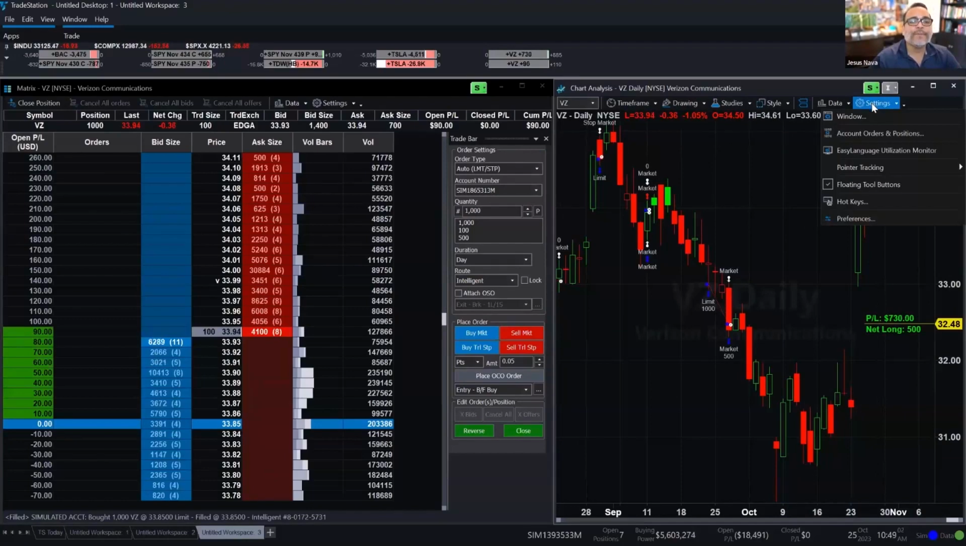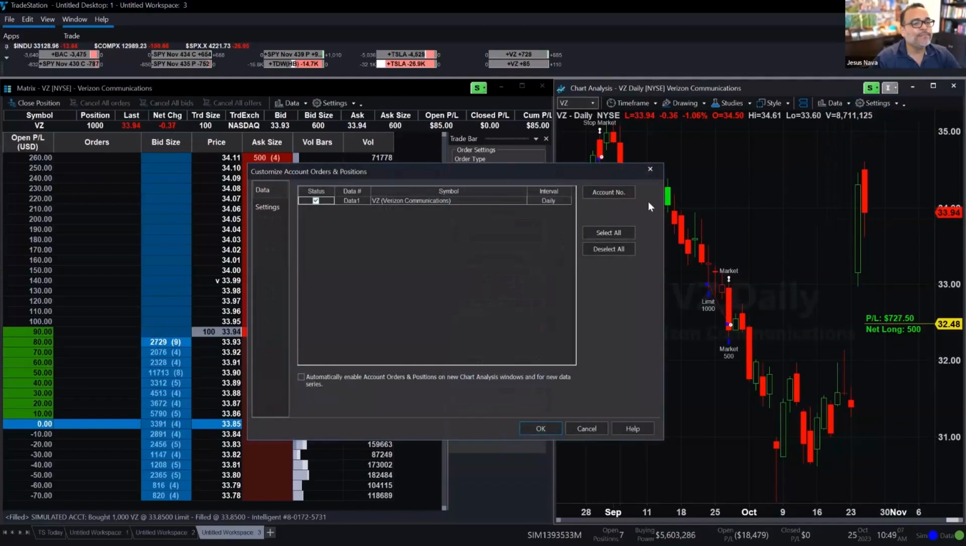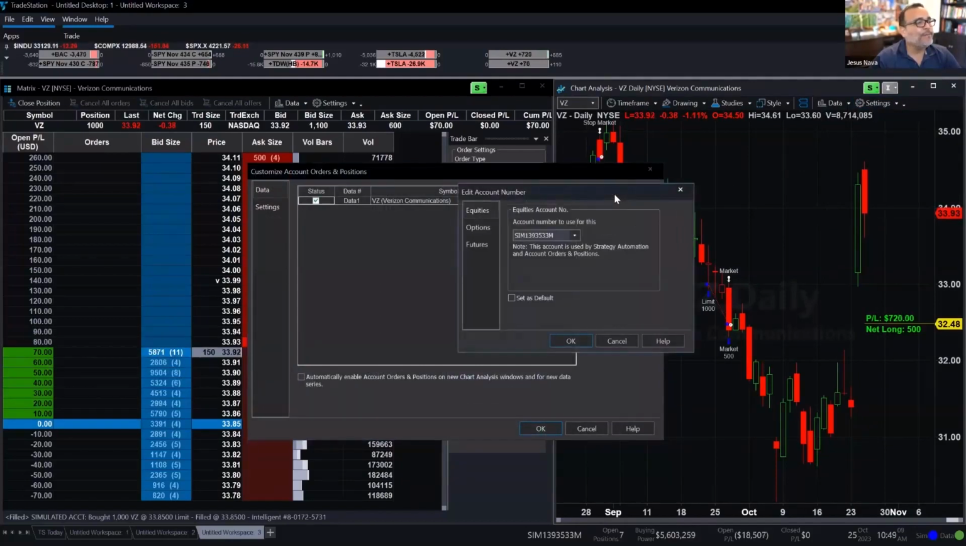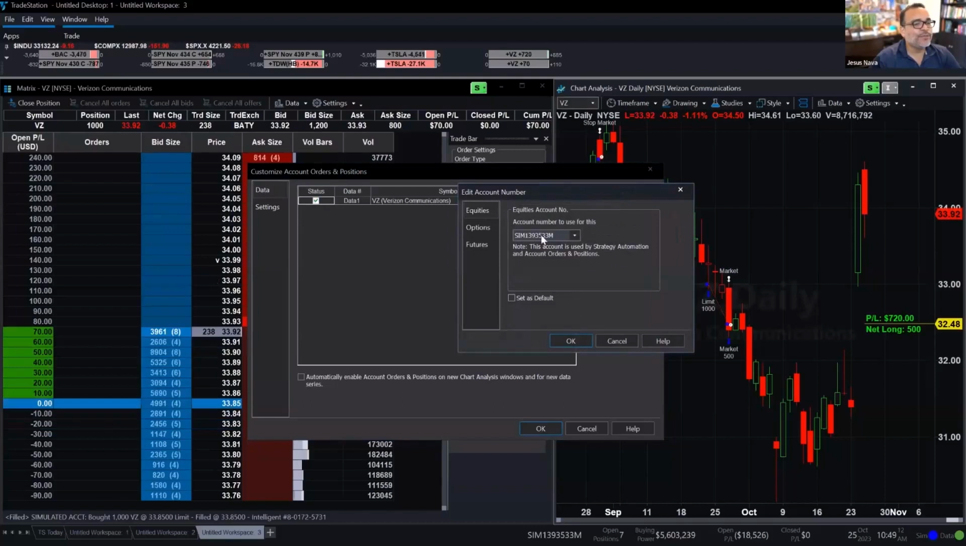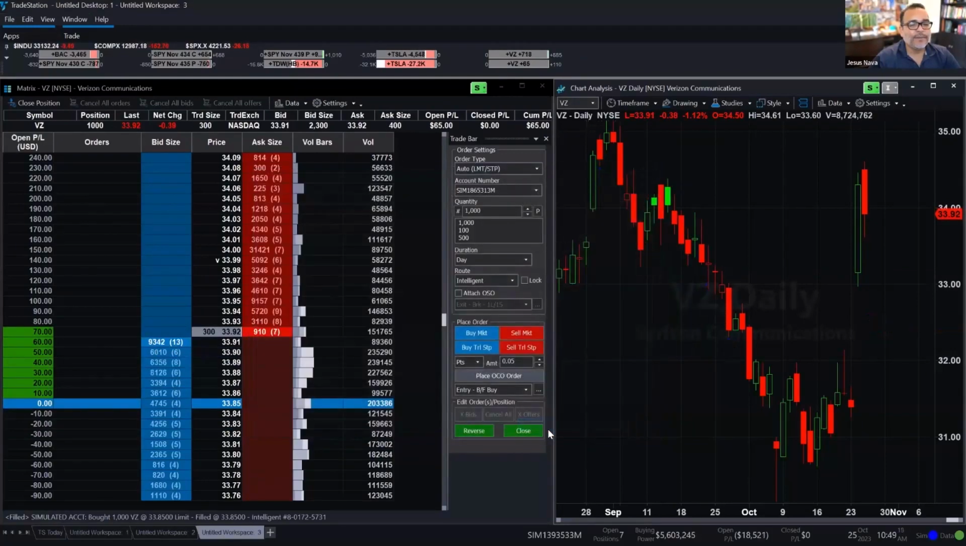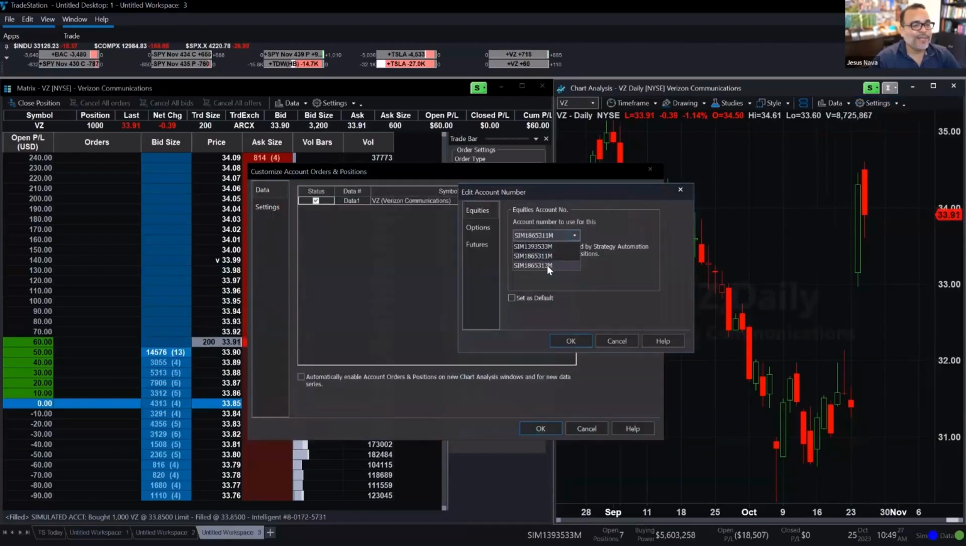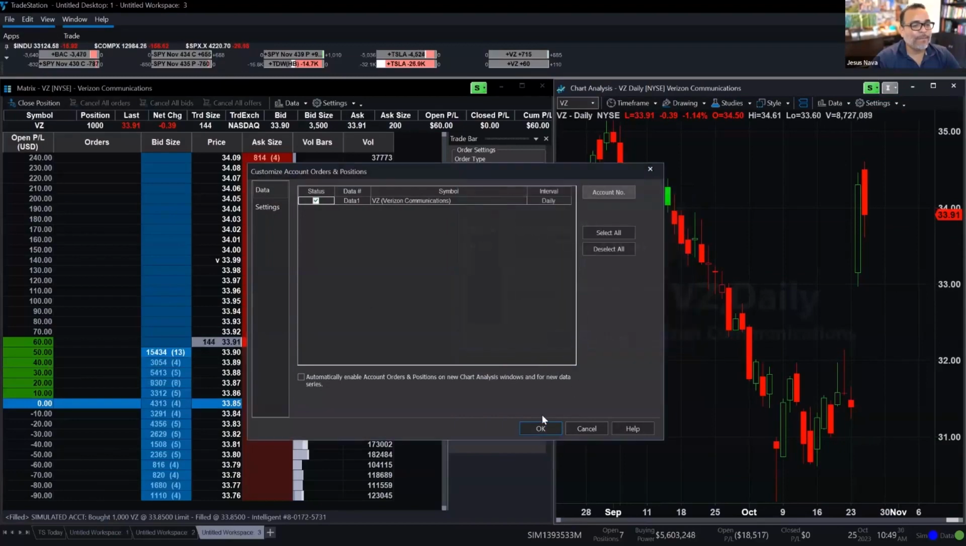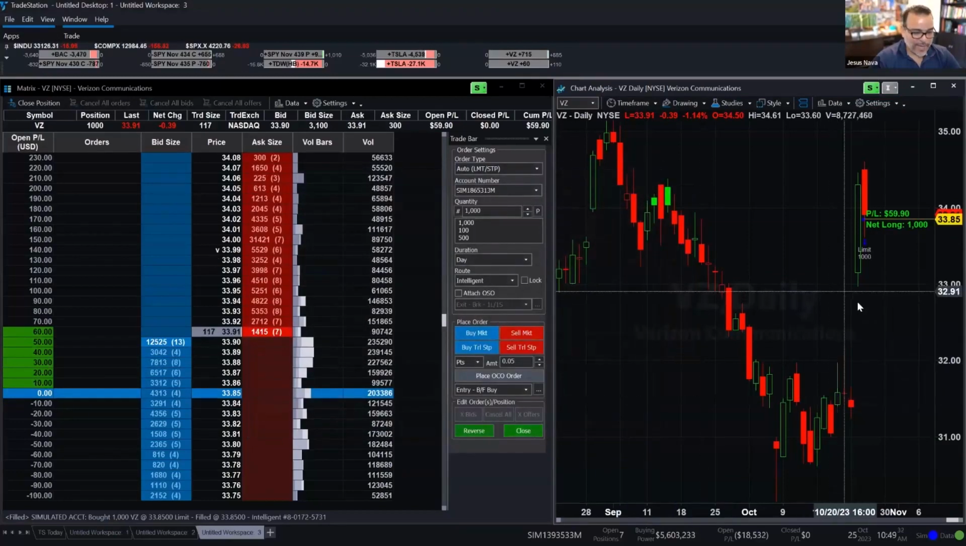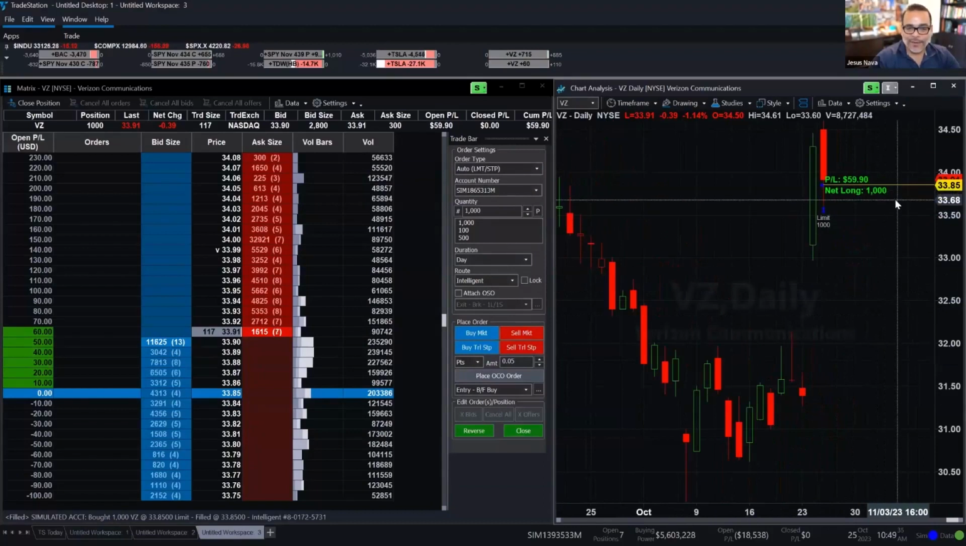Settings, that would be under account orders and positions. You go to account number. I'm not really sure which account I'm using, but let's go ahead and switch it to 11. Okay, 11 it's not, so it's the other one. Account orders and positions, account number, it's the one that ends in 13. And there we go. So now I can see my yellow line on the chart giving me my real-time position